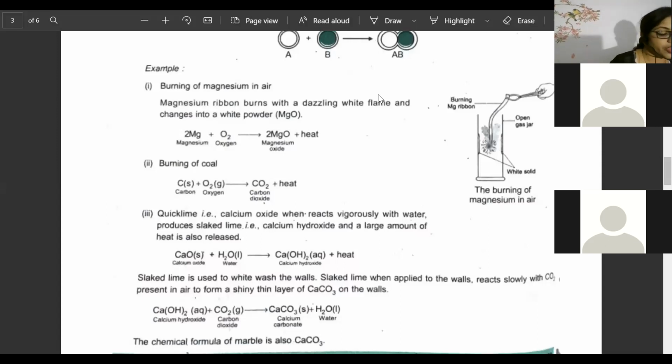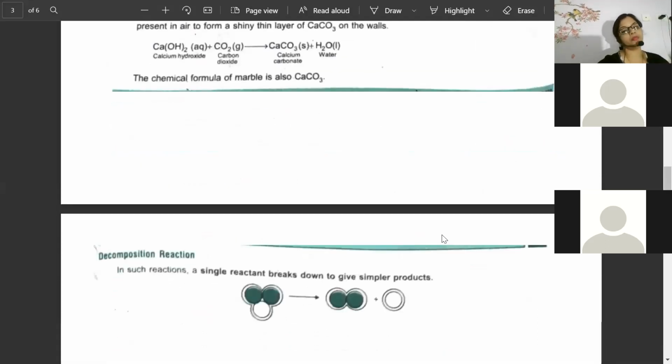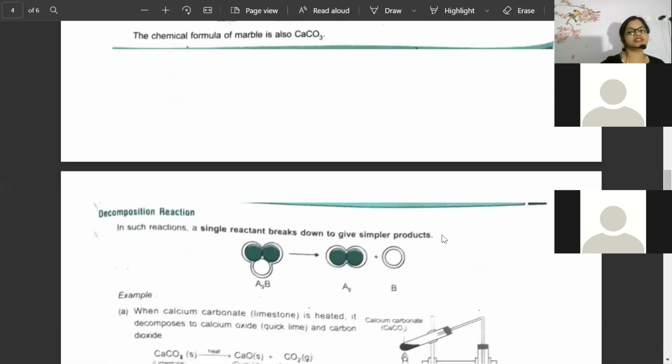So we have understood a very, very important point here. The formation of calcium carbonate and all that important content we have understood now. So let's go to the next topic. Looking back at combination reaction, what have you understood? Quickly tell auntie, fast. 1, 2, 3, start. Write in shortcut, I'll understand what you want to say.